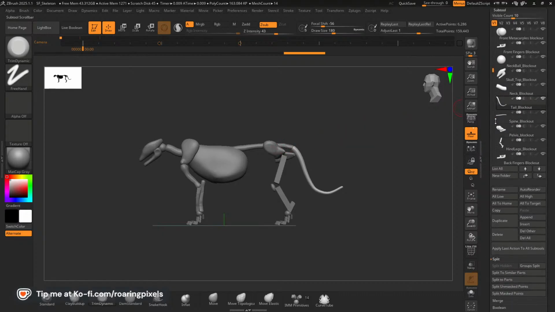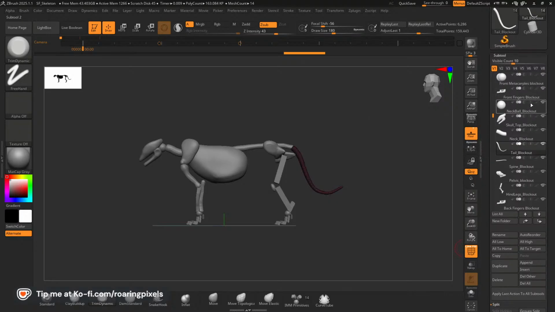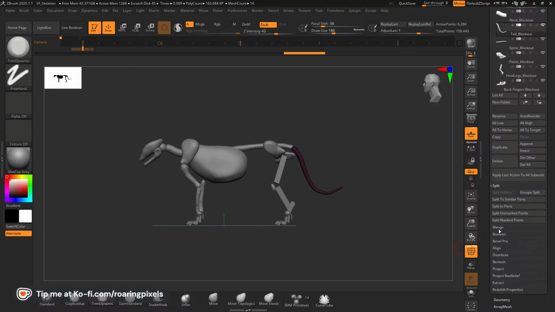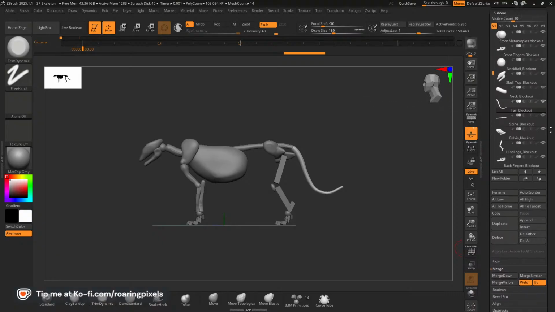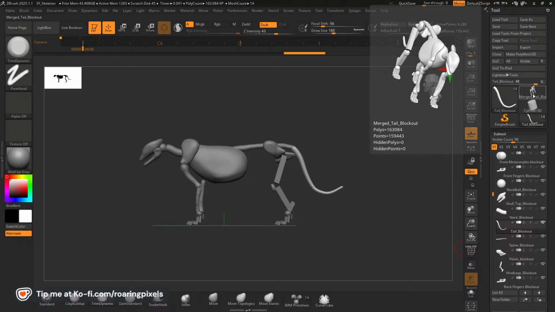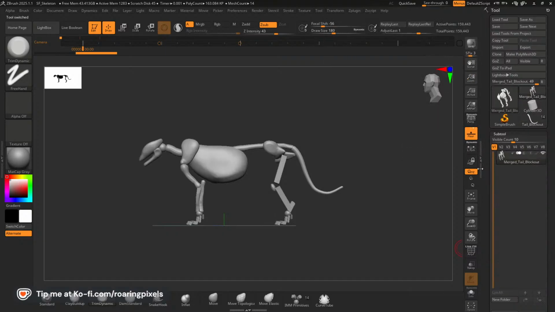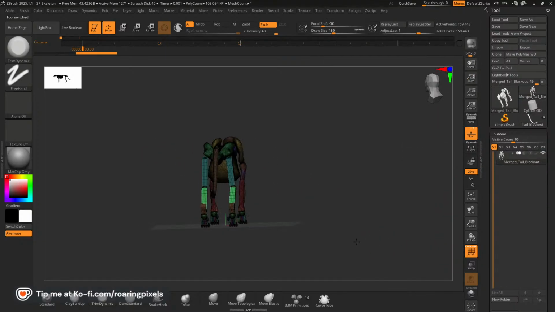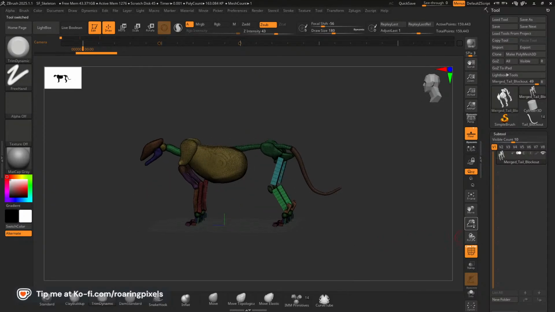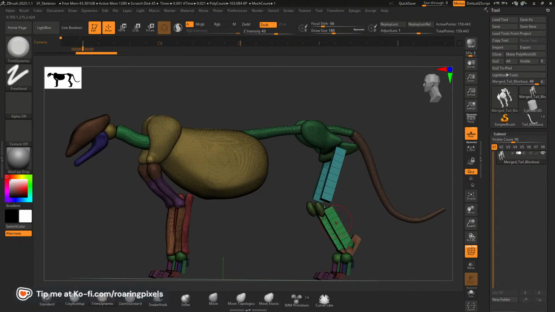So the best thing to do is combine all of this into one subtool, and the way you can do that is by going to merge and say merge all. Merge visible, sorry, merge visible. And what it does is creates a separate tool like that. See, and they all have their nice polygroups. I can see we don't dynamesh this, but